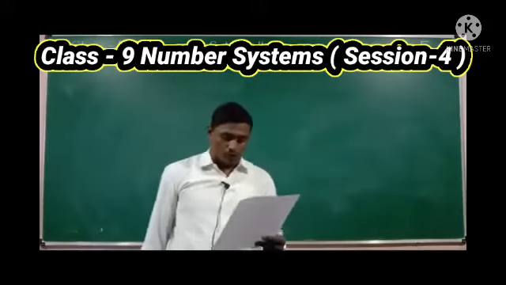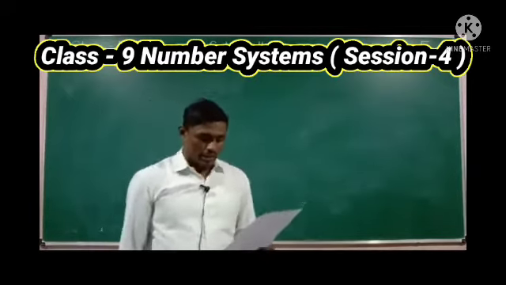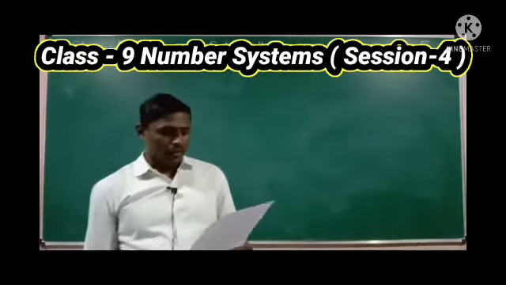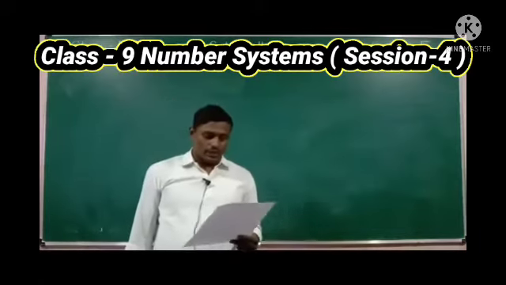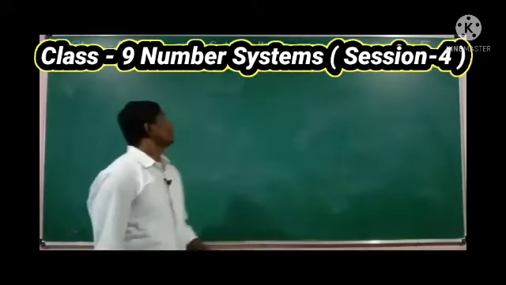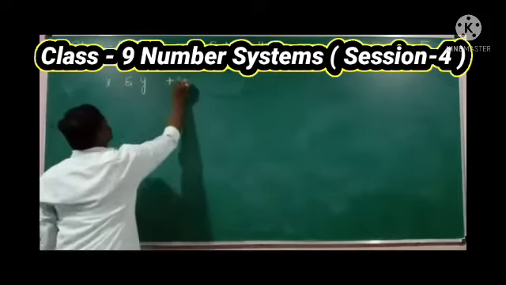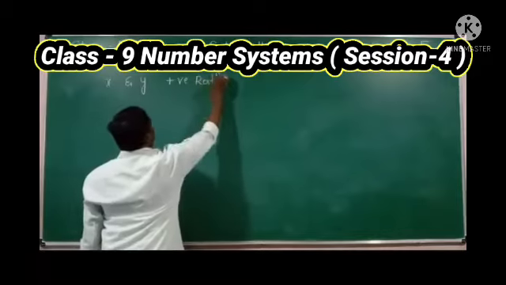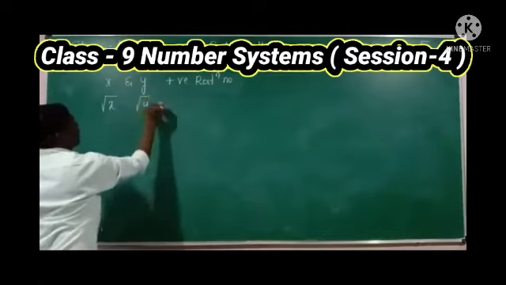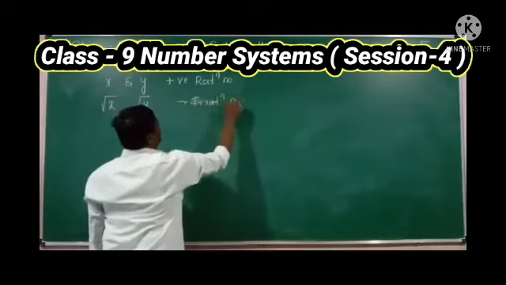For any two positive rational numbers x and y, if root x and root y are irrational numbers, then